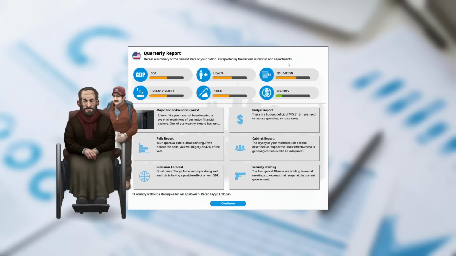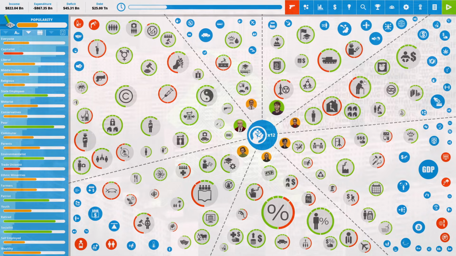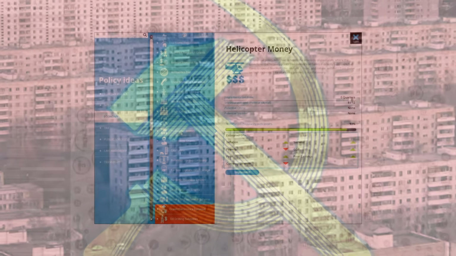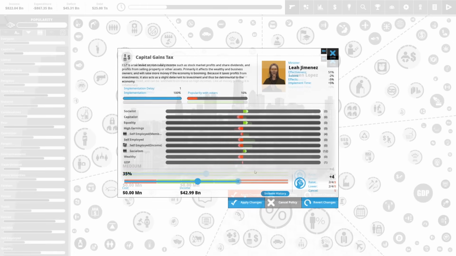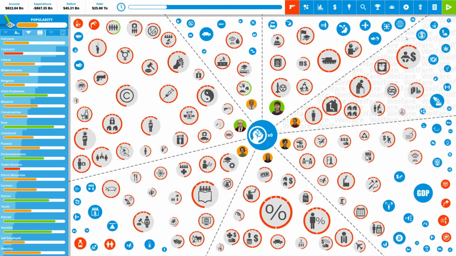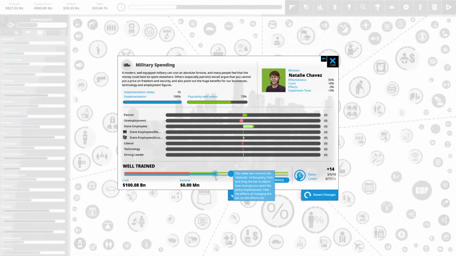factory farming. Of course, humans also deserve dignity, and our next project is to fund state housing and provide all low to middle income citizens stimulus checks via helicopter money, while raising taxes on capital gains to offset our spending deficit. With our GDP and popularity increasing and our poverty and deficit decreasing, the time has come to cut the